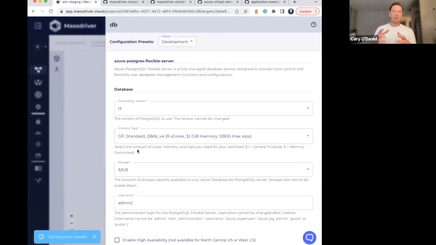This is one of the things that's really nice about this user interface. This is a configuration interface on top of Helm and Terraform and other IaC tools that lets you express their very vague configurations in rich ways. What you saw there was I got a validation error that the name that I was using, root, would not work for this database. Azure doesn't allow you to use root. So rather than me provisioning that, opening a PR, starting a deployment, and then it failing 10 minutes later, Massdriver is able to detect that name is not valid and stop it before we've ever started to provision,